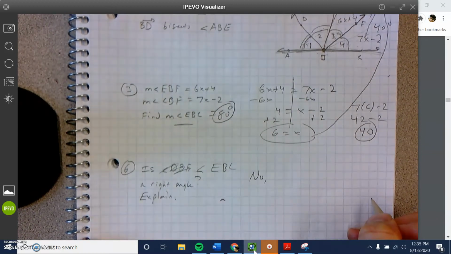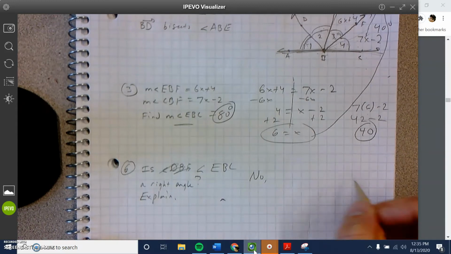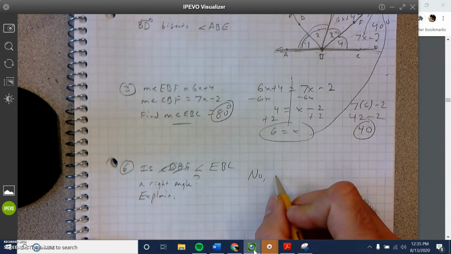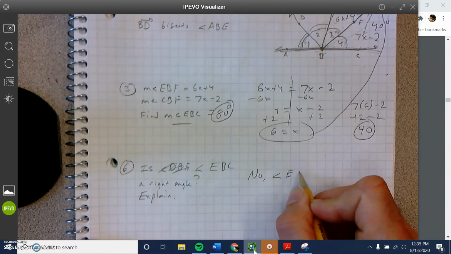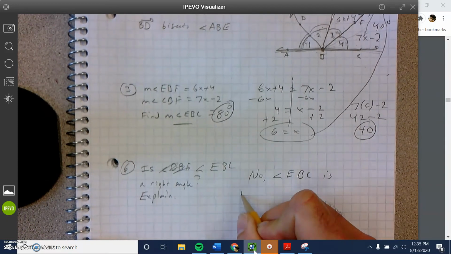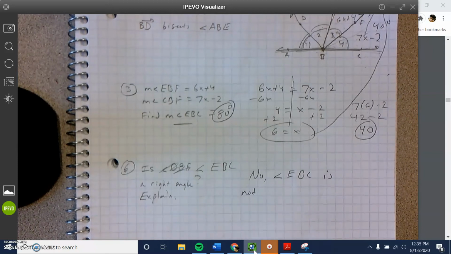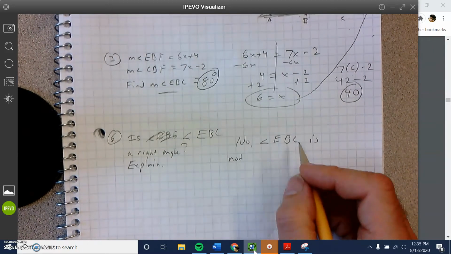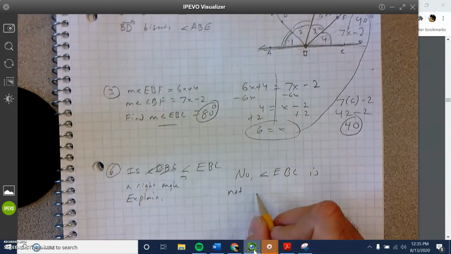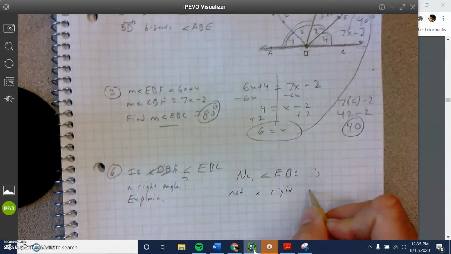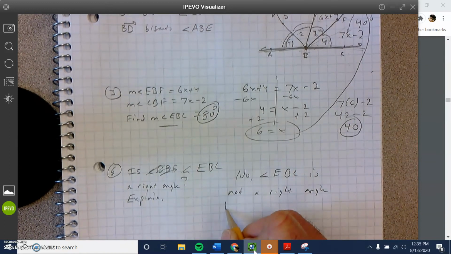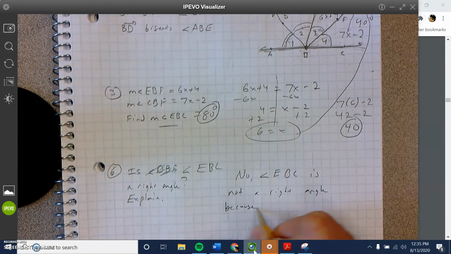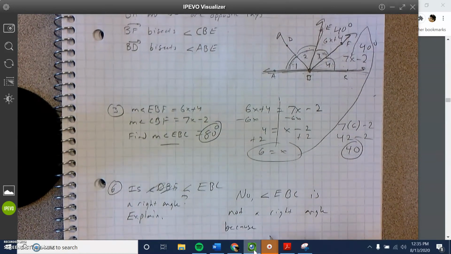So as I explained, no. Write down what you think you need to explain. See if you have all the necessary parts. Okay, let's see if you have it. No, angle EBC is not, and also revise your answer if you got different stuff than me, if you're not as thorough, and you're writing complete sentences. No, angle EBC is not a right angle because